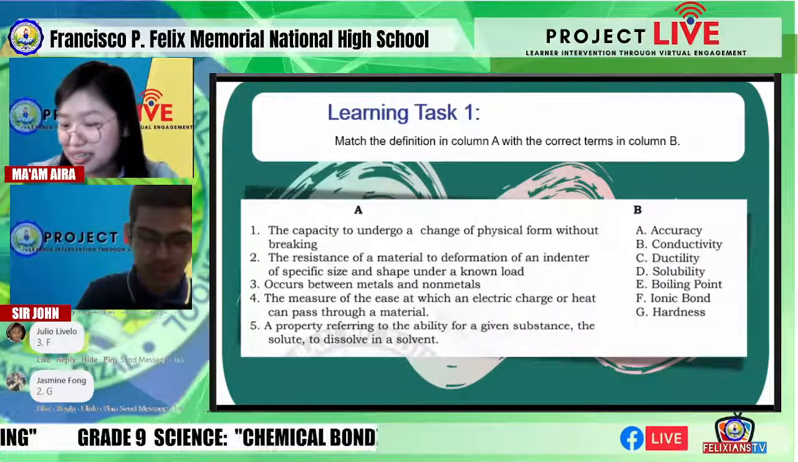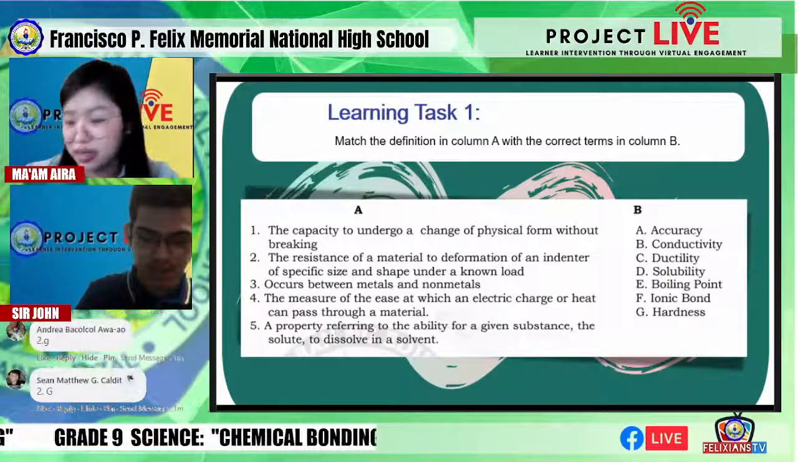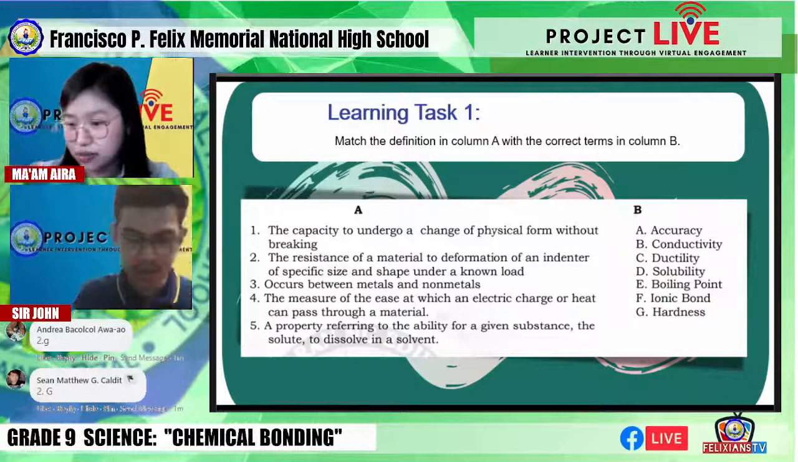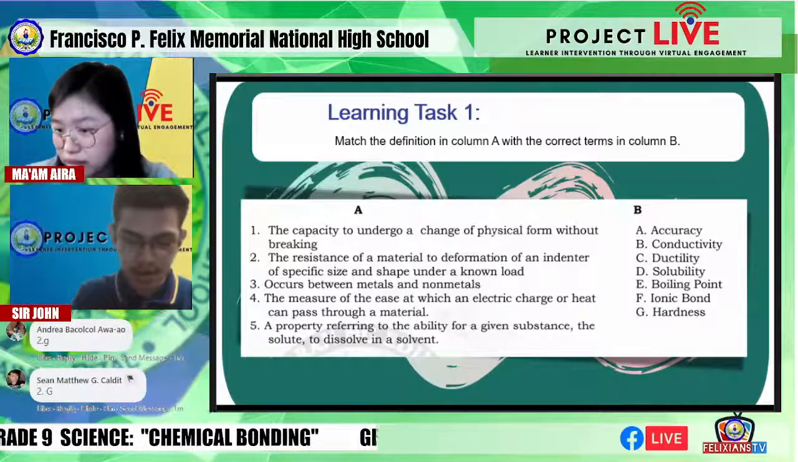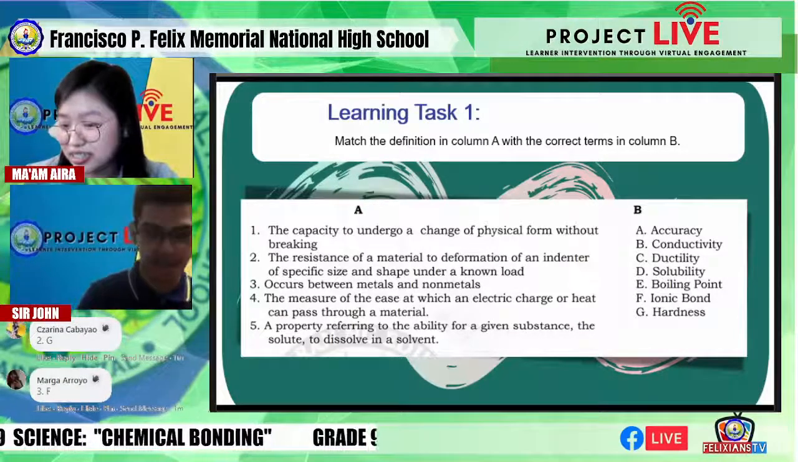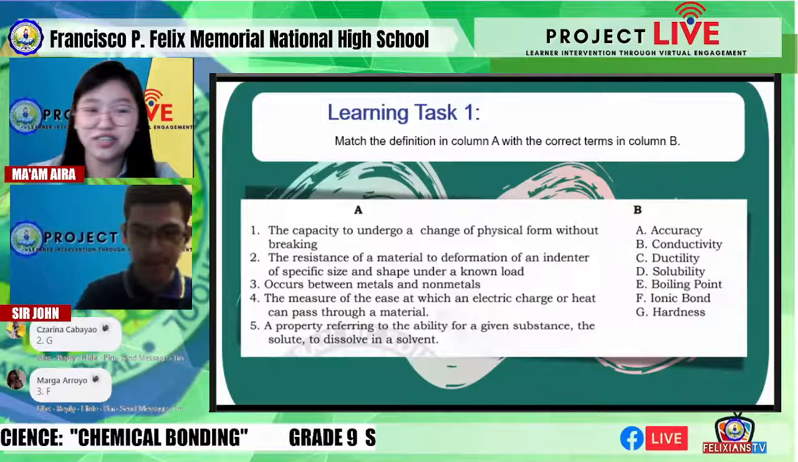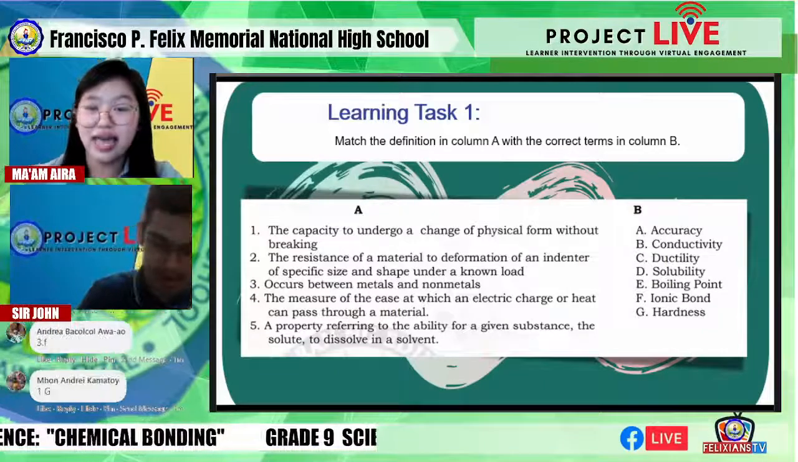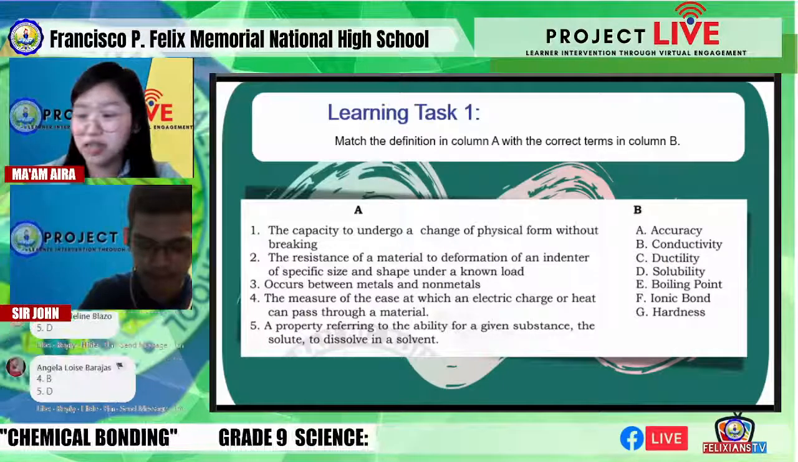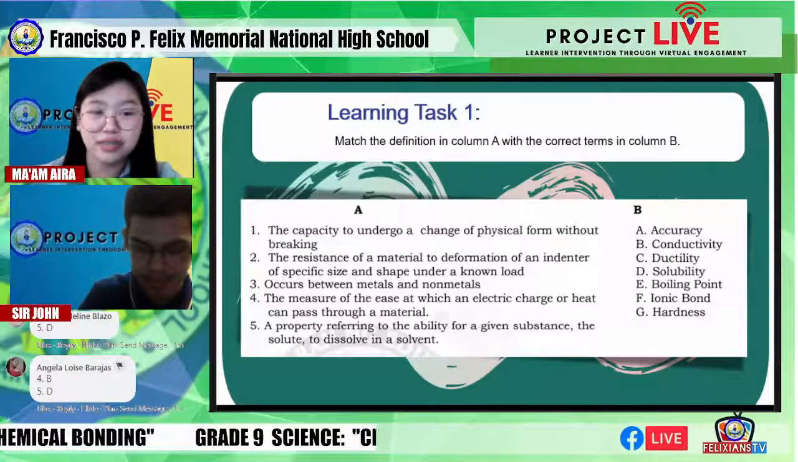Very good, grade 9 learners. How about number 3, sir? May nagsasagot na po ba ng number 3? Number 3, ma'am, from Julio Levelo, letter F daw po. Then from Marga Arroyo, number 3 daw po is letter F. Okay, so number 3 is letter F, ionic bond. It happens between metals and non-metals. Number 4 is,